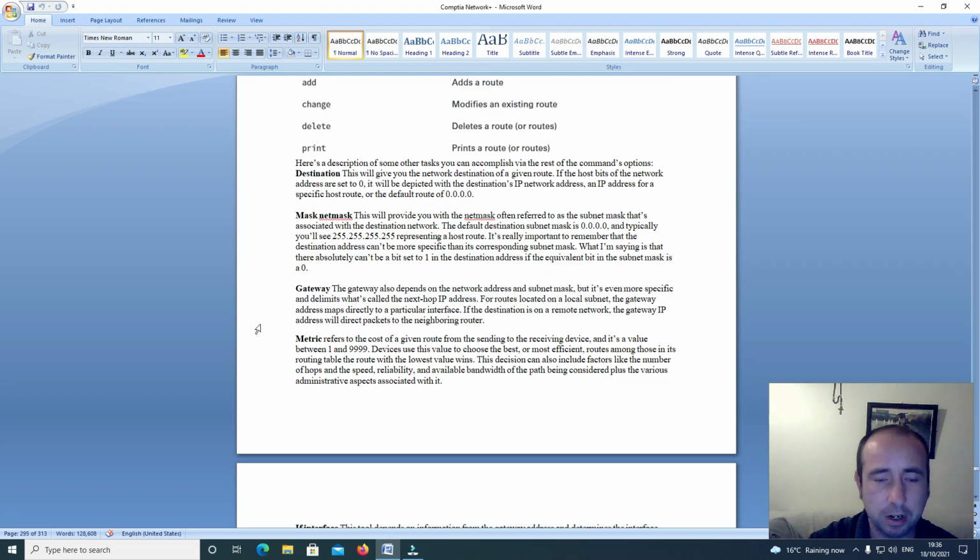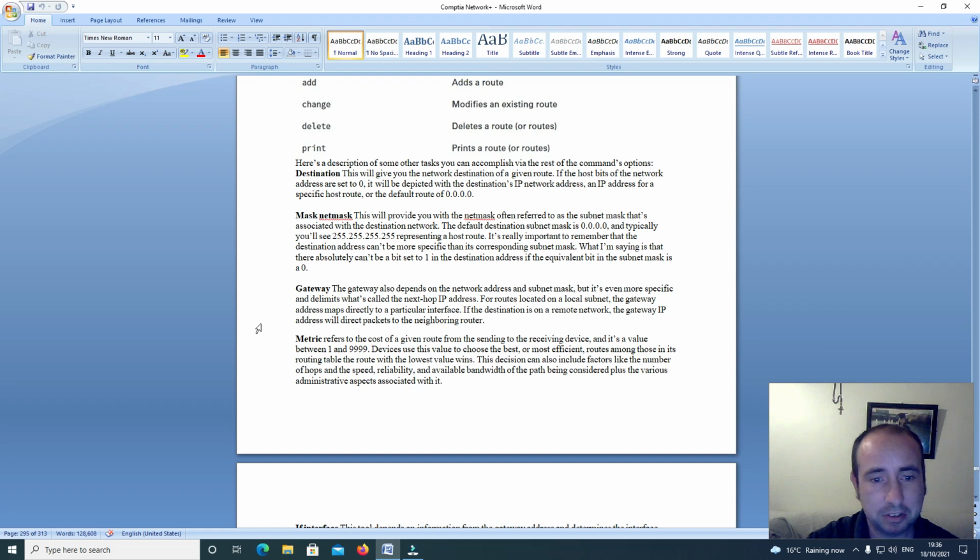Here's a description of some other tasks you can accomplish via the rest of the command options. Destination: this will give you the network destination of a given route. If the host bits of the network address are set to 0, it will be depicted with the destination's IP network address, an IP address for a specific route, or a default route of